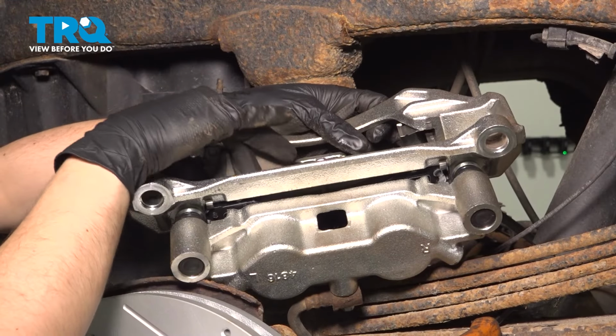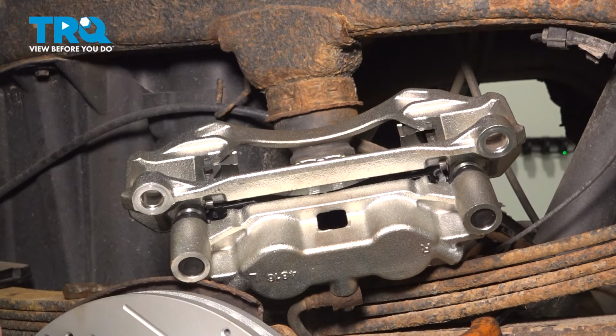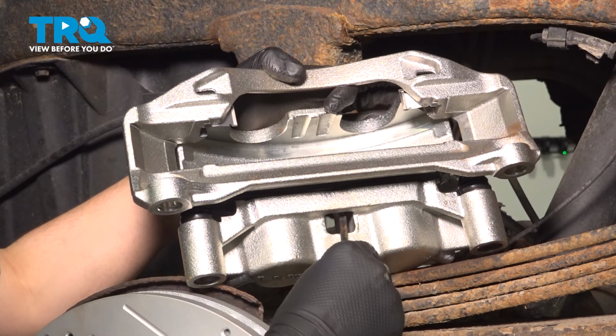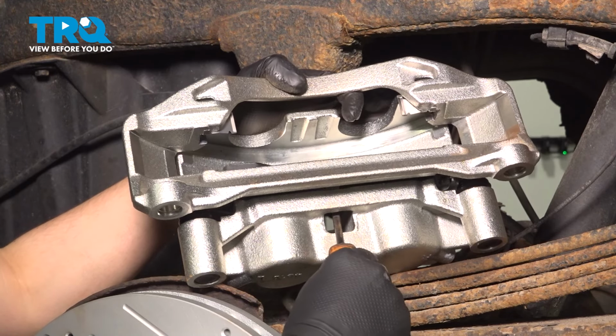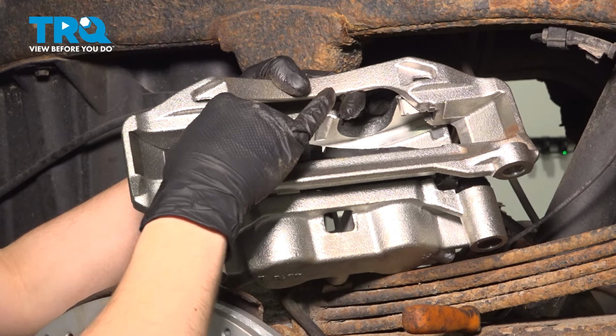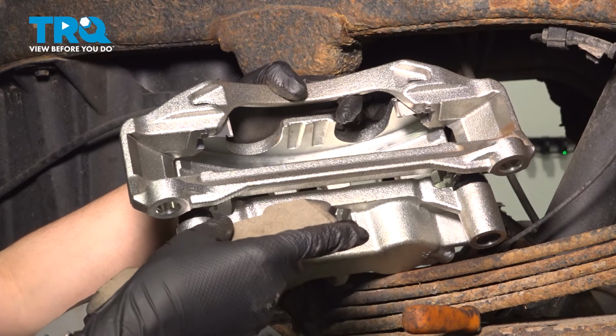Now, let's take the pads out. I'm going to remember that this is the outer pad. It does not have a wear indicator. I know these are fairly new pads here. You can stick a small pry bar through this opening, and usually you can pry the inner pad out, just like so. This one does have a wear indicator, so make sure you put that back, and it usually